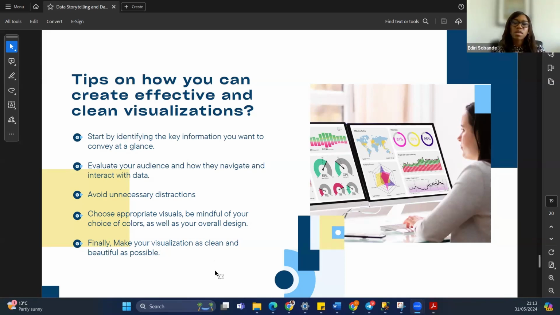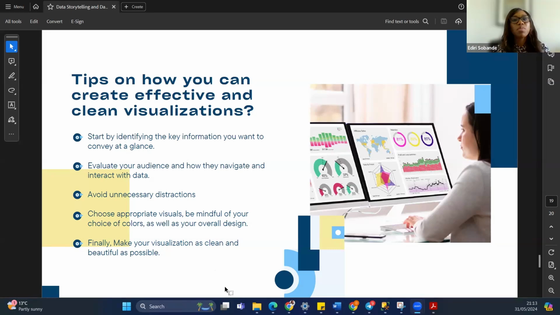And finally, make your visualization as clean and beautiful as possible. Sometimes just looking at your dashboard alone, the person will say, oh, I just love this. I just want to look at it. I want to engage with it. I want to interact with it. Don't make your dashboard